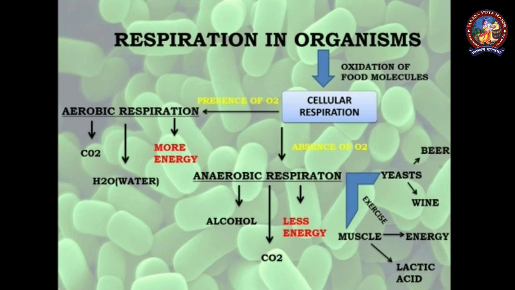Coming to the next slide, here you can see that cellular respiration is further categorized into two types, aerobic and anaerobic. Coming to aerobic, it is the respiration that involves the breakdown of food molecules in the presence of oxygen, and the products formed are carbon dioxide, water and more energy. Whereas anaerobic respiration takes place in the absence of oxygen, and the products formed are alcohol, carbon dioxide and less